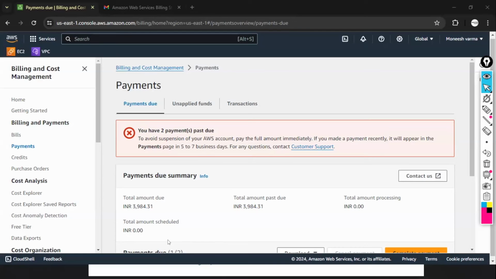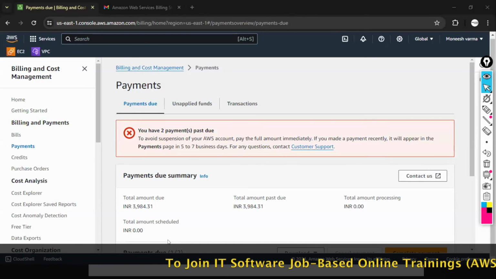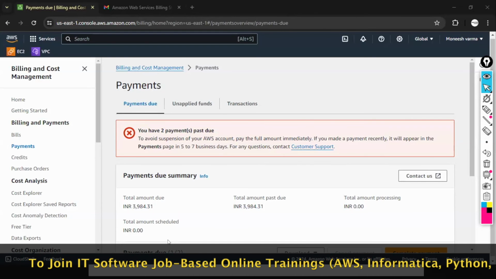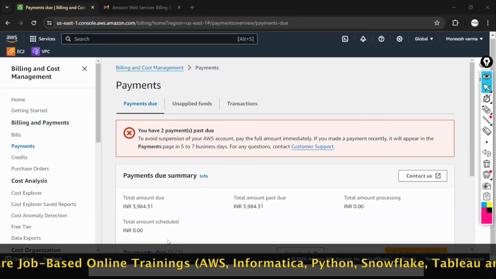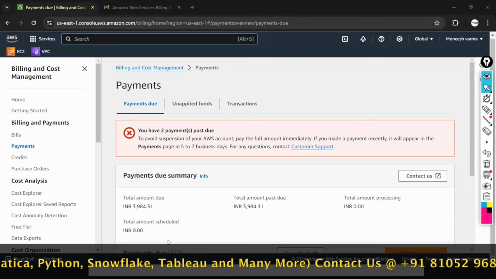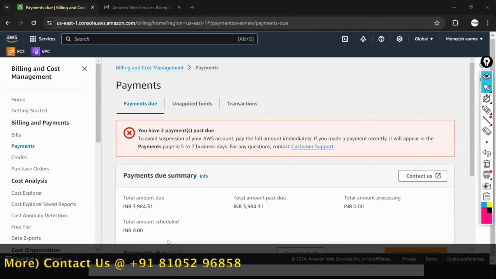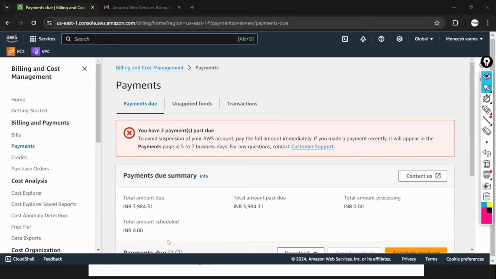In the real-time projects we will do in these 2 months, what will we be doing? We will learn AWS services, different types of services.